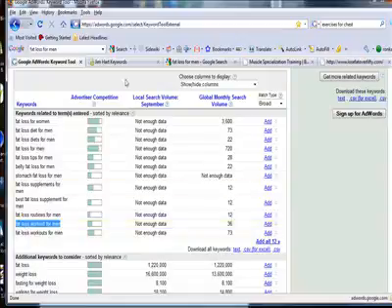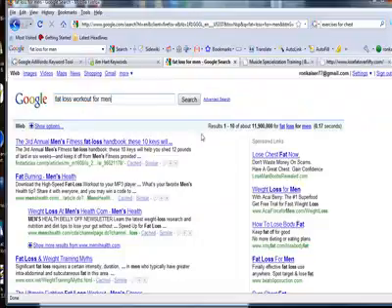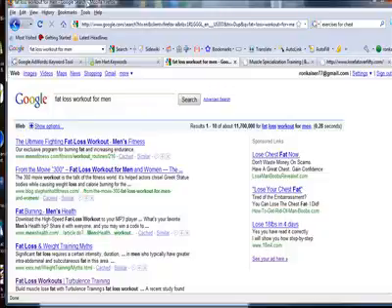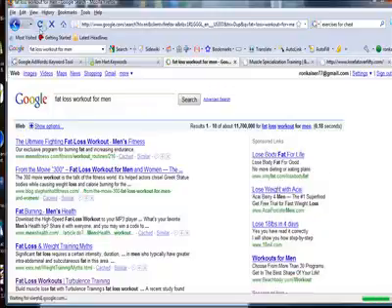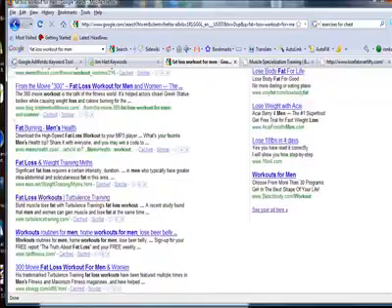Going to copy it, put it into Google, search it, and yeah, again we can see that it is not too competitive. The natural searches are pretty heavy. Craig's page is optimized for it.